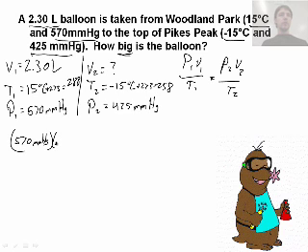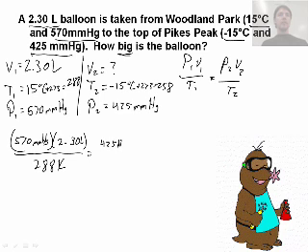V1, 2.30 liters. T1, 288 Kelvin. P2, 425 millimeters mercury. V2 we don't know, so that's what we're going to solve for, over 258 Kelvin. Now,